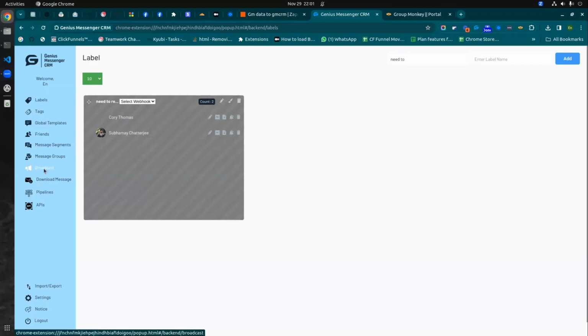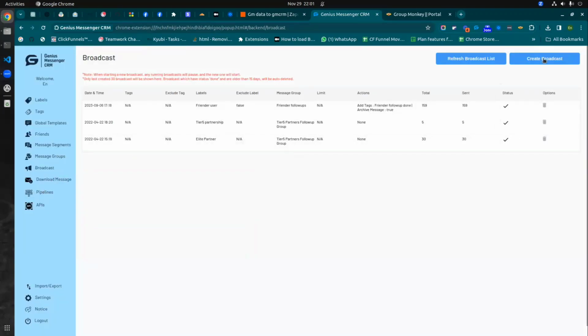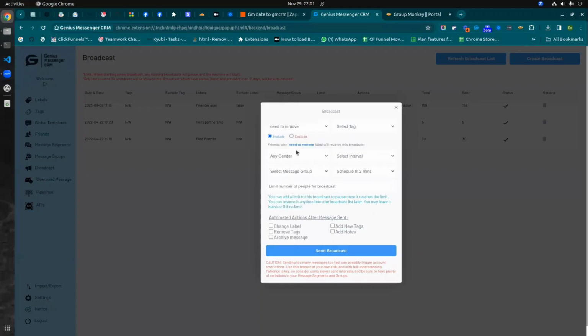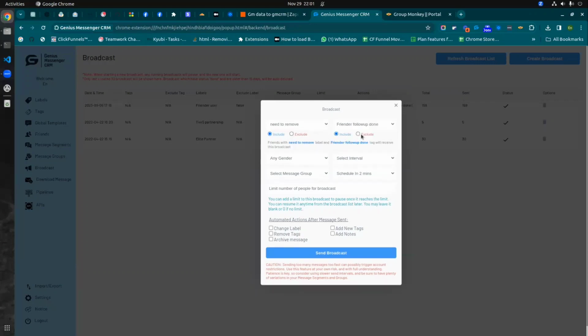After doing it, you can easily go back here in broadcast. You can create a broadcast where you can select the "need to remove" one. You can include that, and you can add other tags to exclude or include. You can do a lot of things. So if you haven't checked out this particular feature yet, let me know and I'll make a video to help you understand what these are and how you can create multiple filters with respect to your selection,